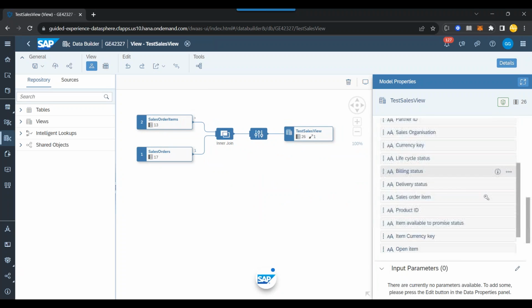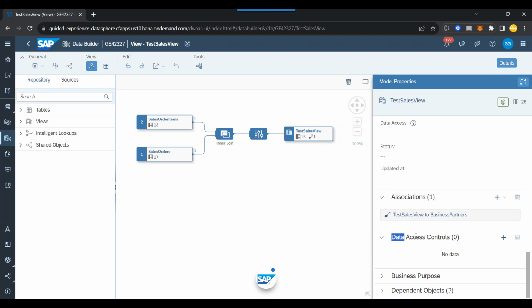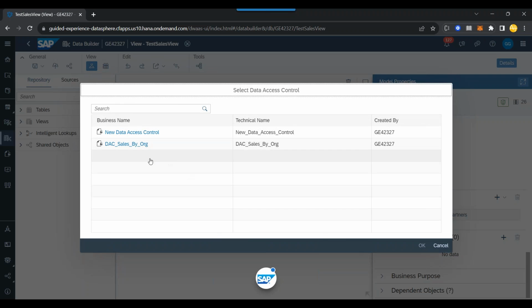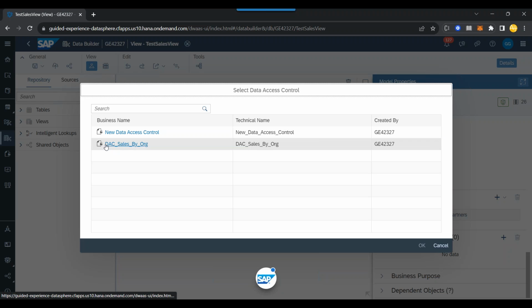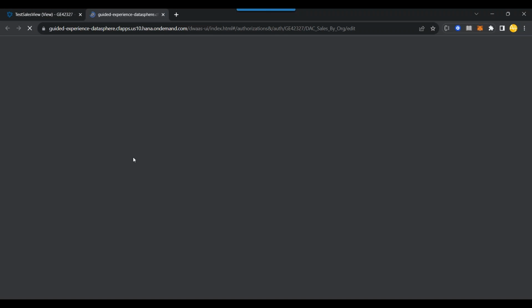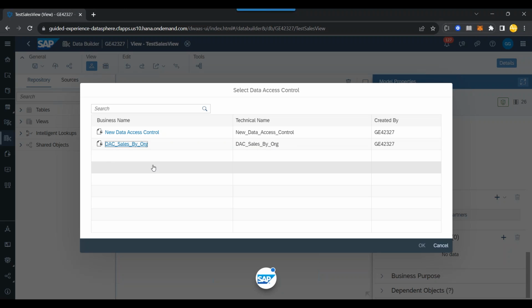So now you see, when you scroll down to the right side in the view section, you see data access control. This is where the magic happens. You click on the plus button, and now you see this is my DAC which I just created, DAC sales org. Anubhav, can I use one DAC for multiple views? Yes. That is why everything is modular. You can use one DAC for multiple views, and you can also use multiple data access controls in a single view. I select this, click OK,